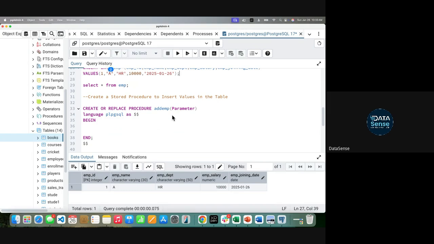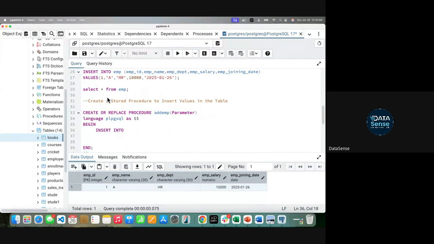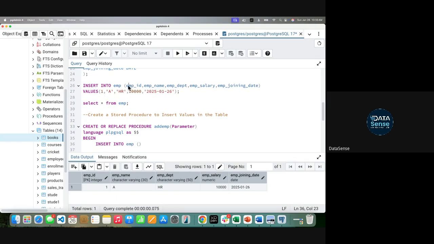So again, I'll come to formatting values later, but let's see how it runs. First of all, you will write down your SQL query inside. Right now I'm not passing any parameter, maybe, or let's say I will pass it. So I'll write the command insert into. What is my table name? EMP. What all variables do I need to enter? I need to enter all of these which I created here. I'll put them here. Then comes values.